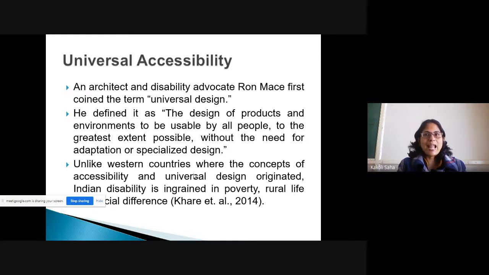When I don't have access to something, that means there is a disability, right? In the layman language, it is like that only. Now, what is universal accessibility? Now, an architect and disability advocate, Ron Mace, first coined the term universal design, and he defined it as the design of products and environments to be usable by all people to the greatest extent possible without the need for